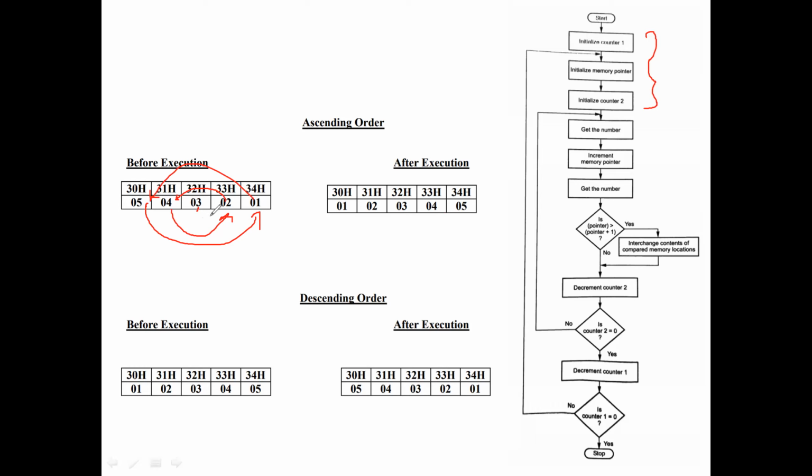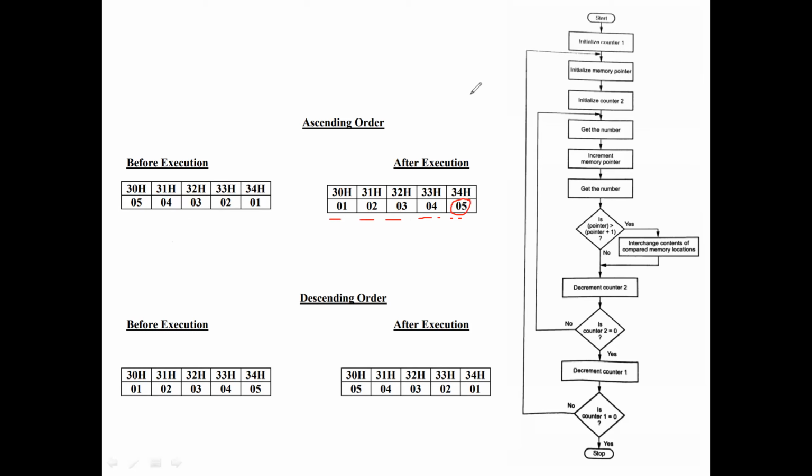Since this is in sequence, maybe 5, 4, 3, 2, but the values are placed randomly. In that condition, the algorithm should work accordingly so that it provides the lowest value first, continuously incremented, and finally you will have the big value.